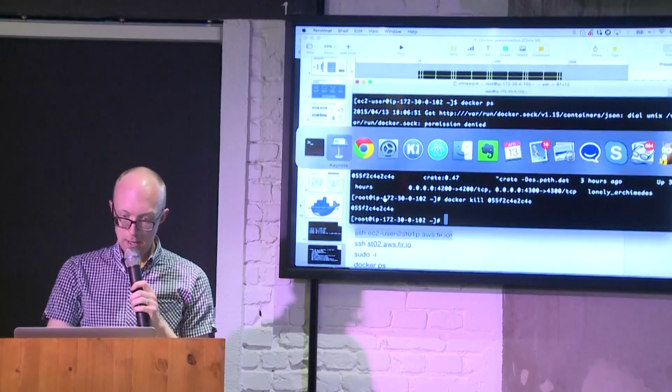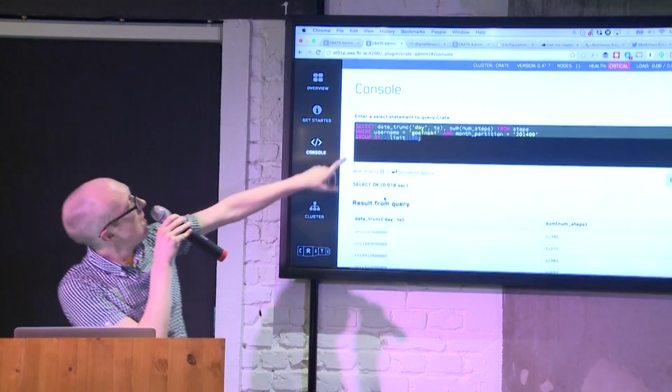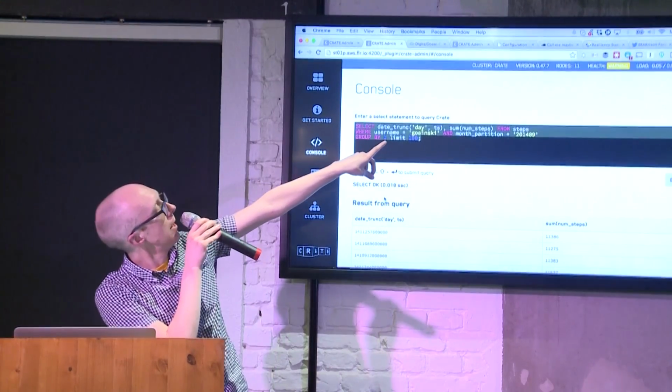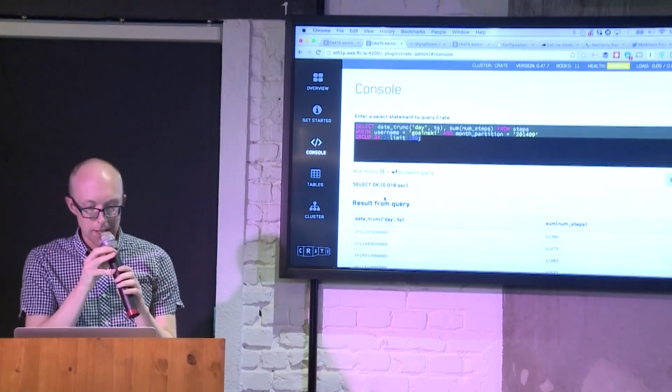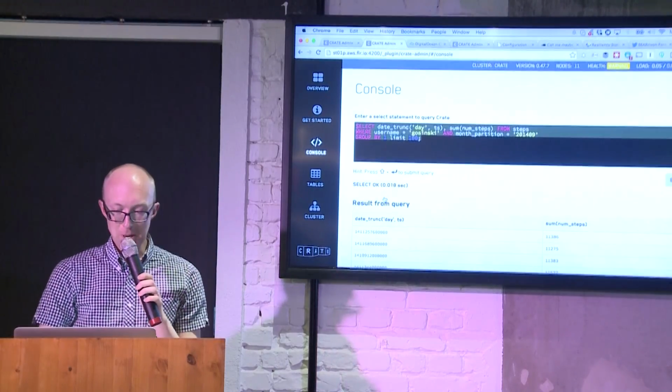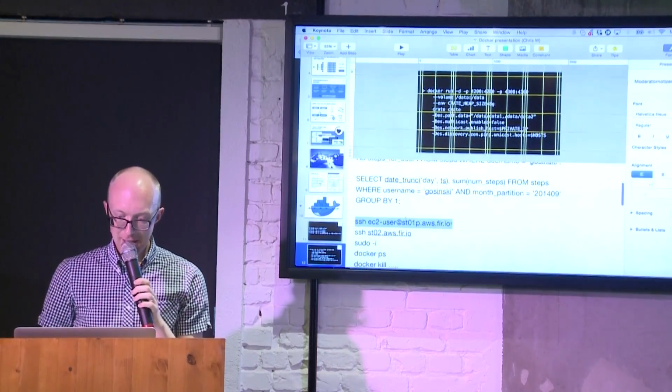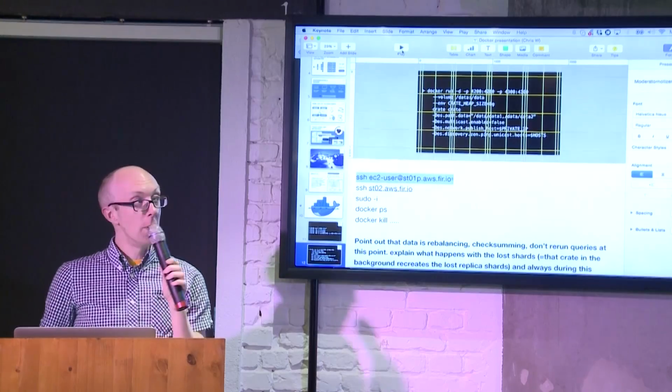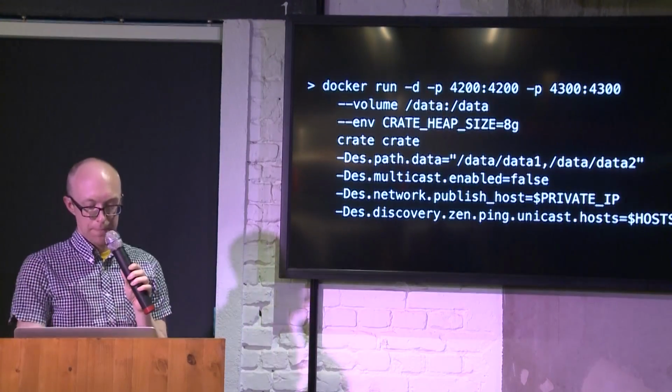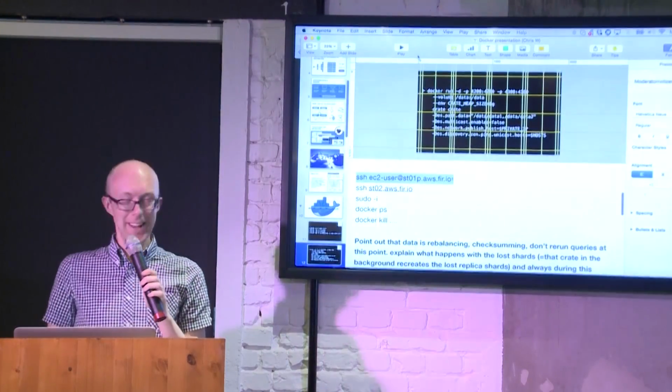If we jump back, we'll see we now have 11 nodes and slowly the health indicator is changing. Now, as this is my first talk, I want to make sure I tell you exactly the right thing. So I'm going to explain what is going on there. Now, of course, I've lost mirroring.